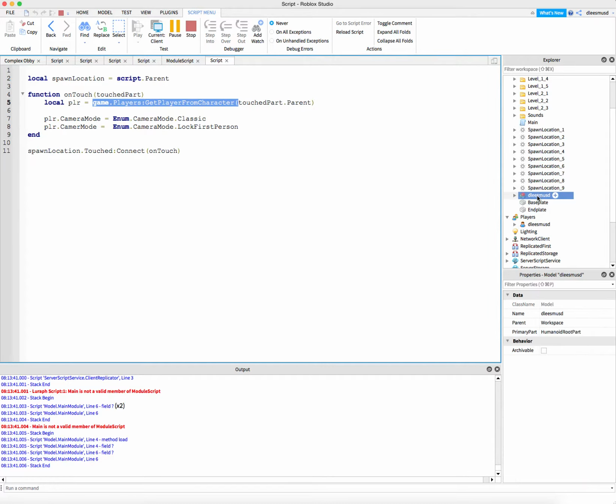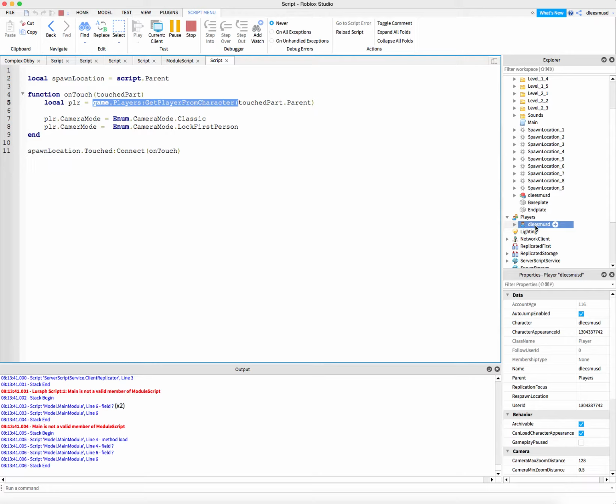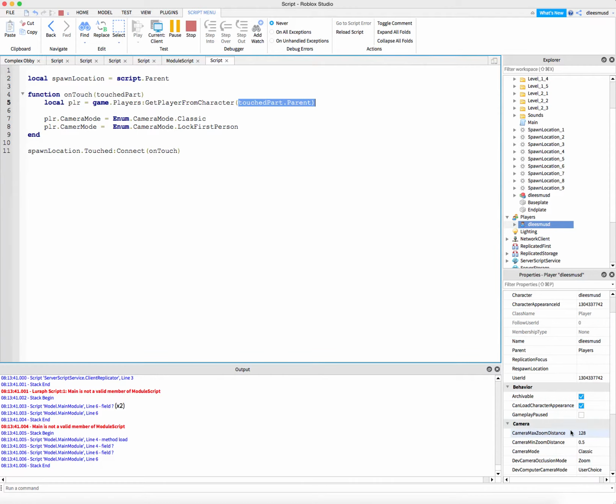Like if you want to set the walk speed, you could use the character's humanoid, and you could set the walk speed to be a faster walk speed. Or if you want to set the jump to be higher, you could do that here in humanoid in the character. But there are other properties that can only be set here in the player. Okay, so that's why we need to use this to get the player from the character. And then one of those properties is the camera